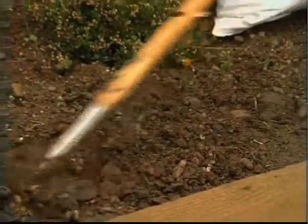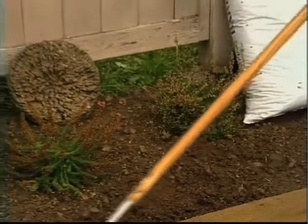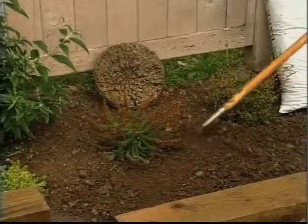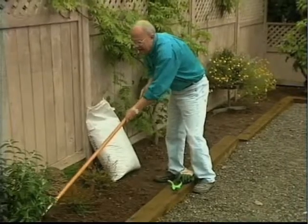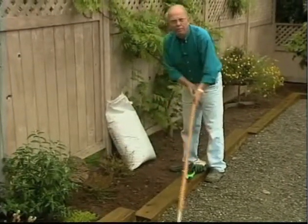Time to think about mulching your flower and shrub beds for winter protection. Right now, as we go into the autumn, is a great time to do it because it offers a blanket of protection over the root system of your favorite trees and shrubs. And what I'm doing now is loosening the weeds and trying to eliminate them before I put the mulch